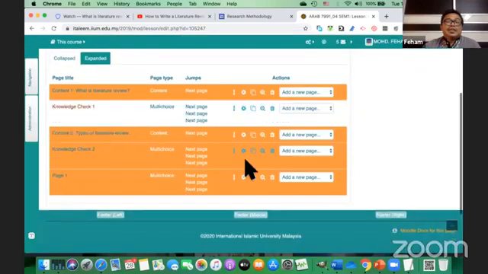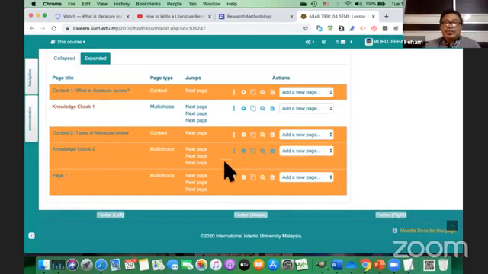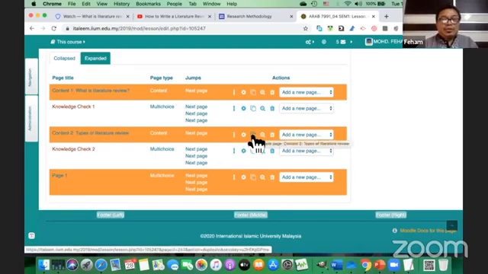Okay, so now it's actually implementing the flow that we have in the flow chart, for the lesson planning of our lesson module. And then the last one will be the third content.